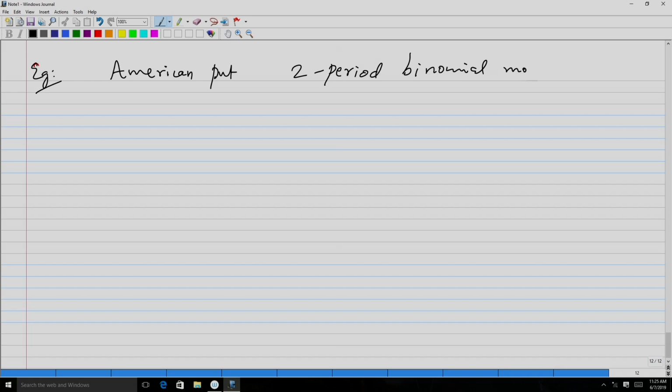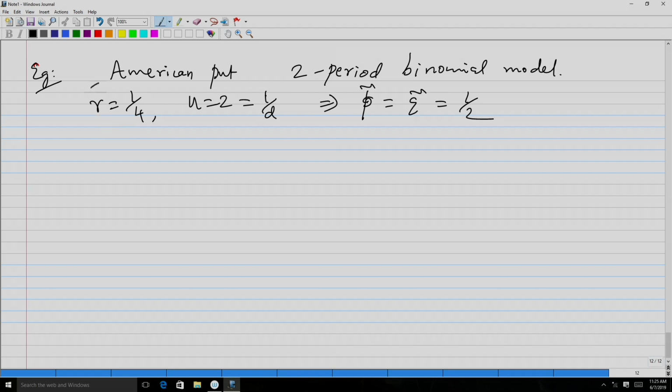So, the usual things that you assume: R is equal to 1 by 4, U is equal to 2, D is equal to 1 by U, and this gives my p tilde and q tilde both as half. Okay. Now, for the American put, the payoff g at S n